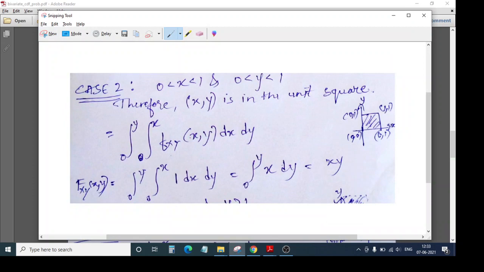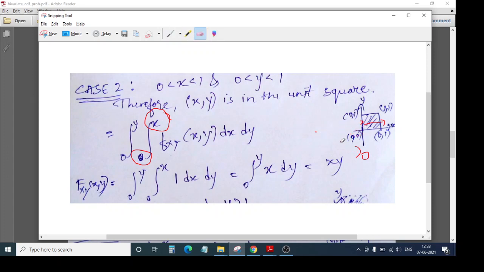If you observe here, the first thing is x, from minus infinity to x. So the first range is minus infinity till here, which is nothing but 0, minus infinity to 0. What is the value from minus infinity to 0? There is no value, so we take it as 0. Next, from 0 to x. We don't know where our x is, so we take it till this range. So our limits are from 0, that is this point, to x, that is this whole axis. So this is regarding your x-axis.